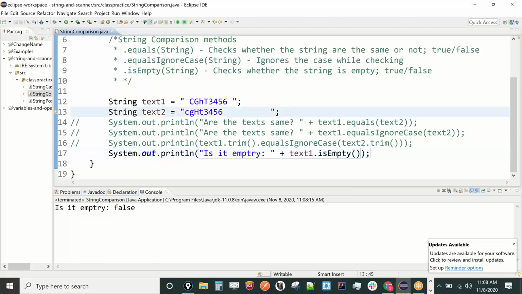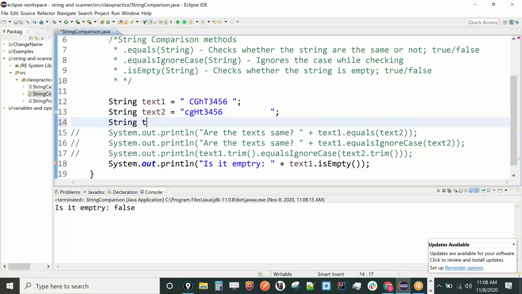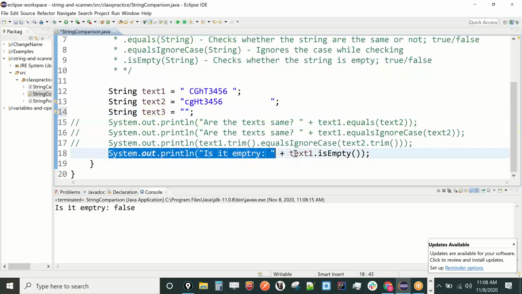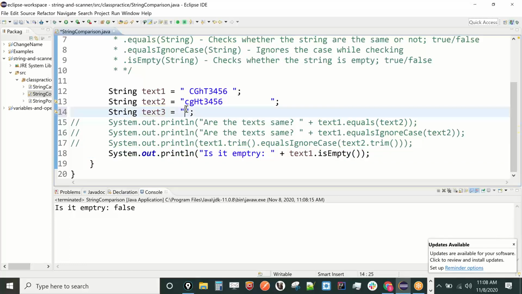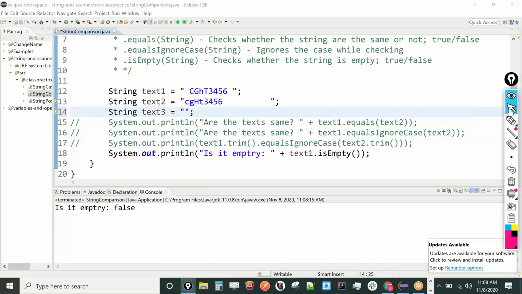What if I have a string that is empty? Text 3. And I am just putting an empty string right there. There's nothing there. I didn't even put a space. I just put two double quotes and saved it, and Java is still okay with me doing that. Now, a space will count as an entry, right? Correct. If you put a space, that's your index 0. You got a space in your index 0. If you didn't put a space, Java just created a spot for you, and even though you said assign something,